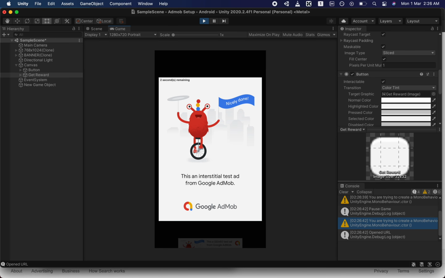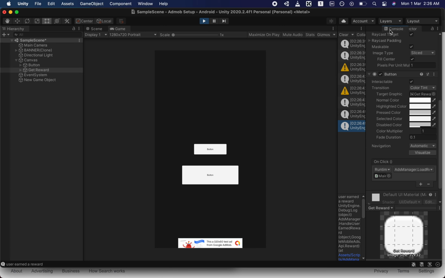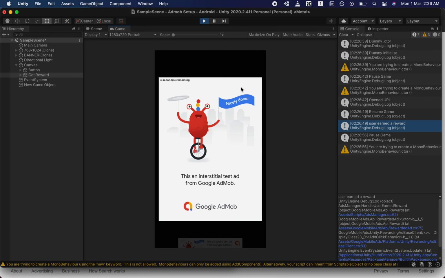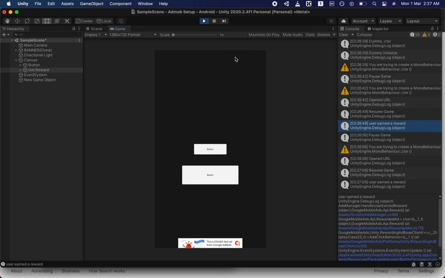Now if I hit this button, you will see 3 2 1 remaining, and after that if I hit close, you will see on the right side in the console window it's showing user earned the reward. If I click this again, there is no close button. Suppose the user closes this in the middle, then this user earned reward won't show up. So the user has to complete the full duration of that ad, and after that the user gets the reward.